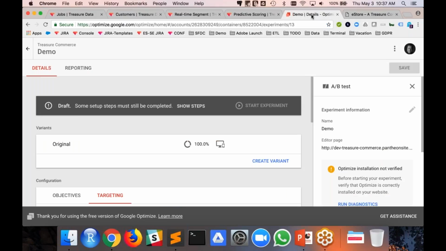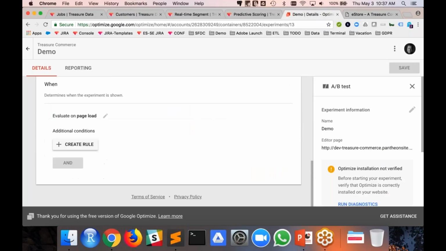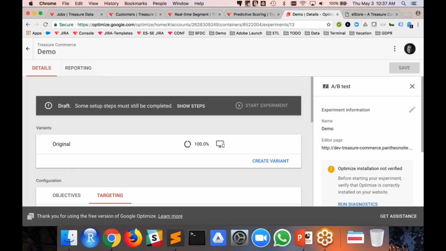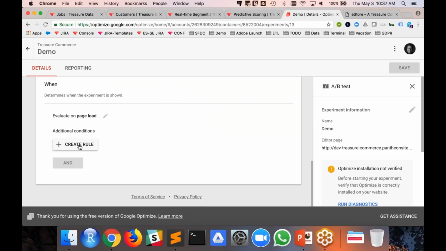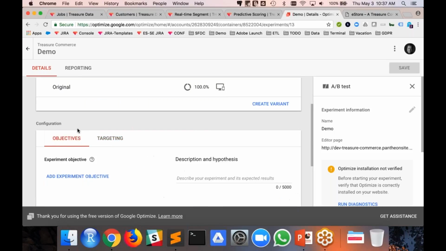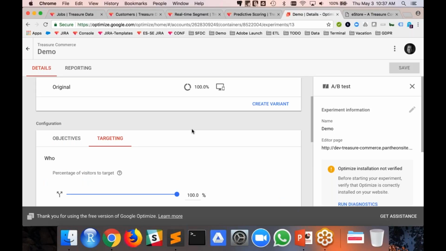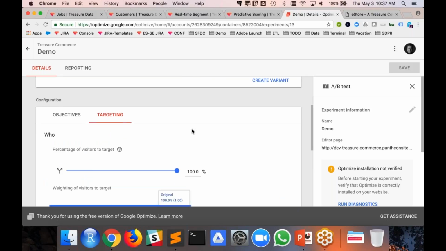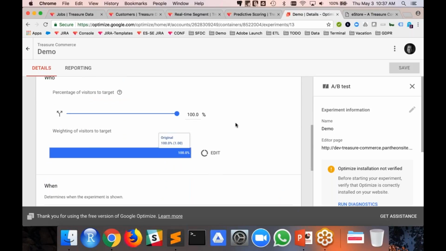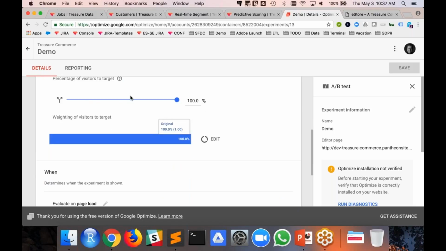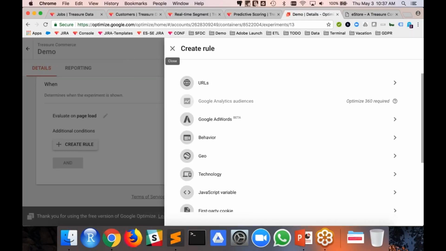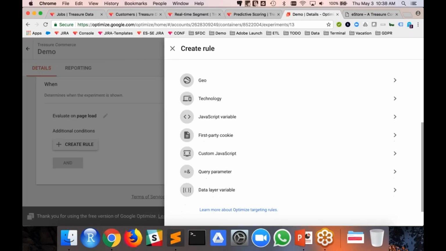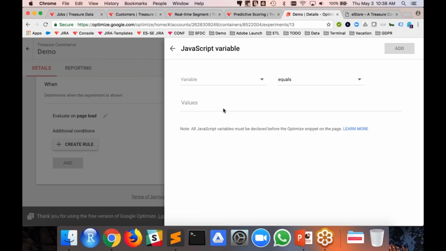And the way you actually set this up is right here. So this is Google Optimize. If you've never been here, if you come down to right here where it says you have your objectives for your test for targeting, we're not really creating a test. What we're really doing is creating an experience. So it's a little bit different, but you can use this tool to deliver an experience. You deliver to 100% of your people, they're going to go into this experience. And then from there, what you can do is create a rule and then a JavaScript variable down here. You can actually create lots of different rules, but we're going to do a JavaScript variable.